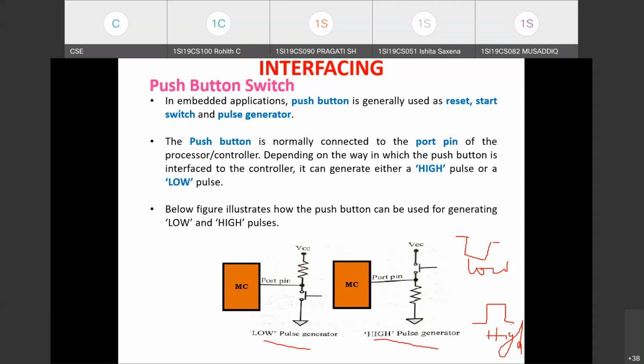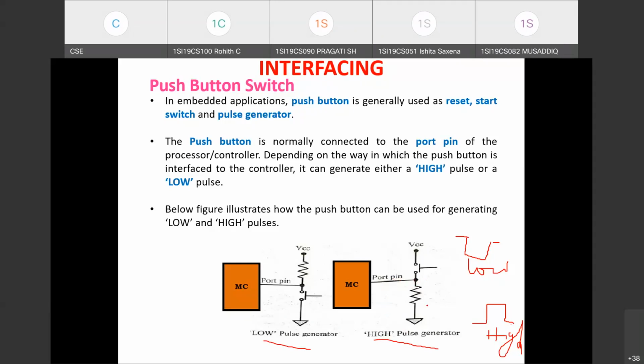This position is reversed in the second configuration. We see the resistor appearing here, and the switch connected between the plus 5 volt power supply and the output of the microcontroller. In this case, the resistor is called a pull-down resistor, connected between the microcontroller pin and the ground.